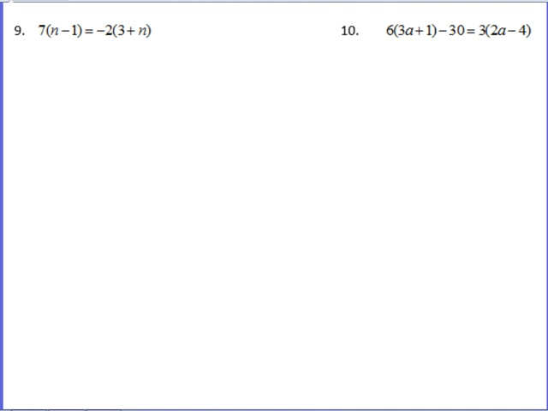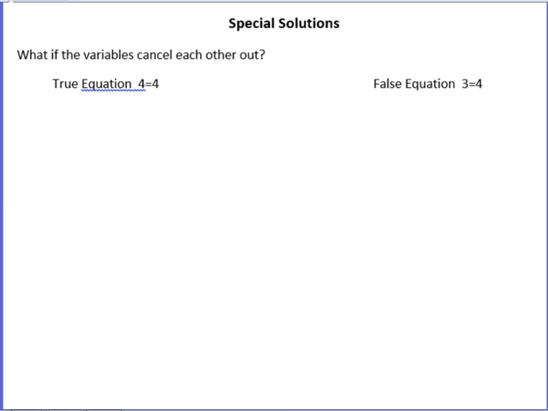All right, and the last thing we're going to look at is special solutions. Sometimes when you are solving, the variables will cancel each other out. They'll be equal to 0 and they'll disappear. And then all we're left with is numbers. That is a special situation, okay? If you are left with a true equation, so your variables are gone and you have something like 4 equals 4, all right? We call that